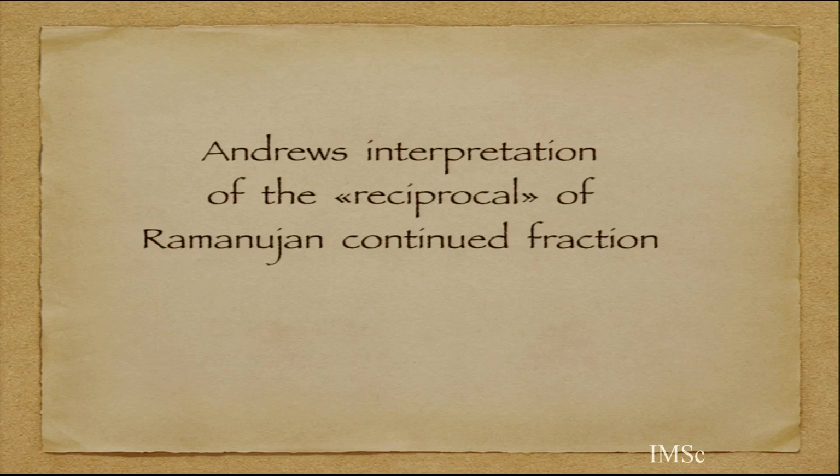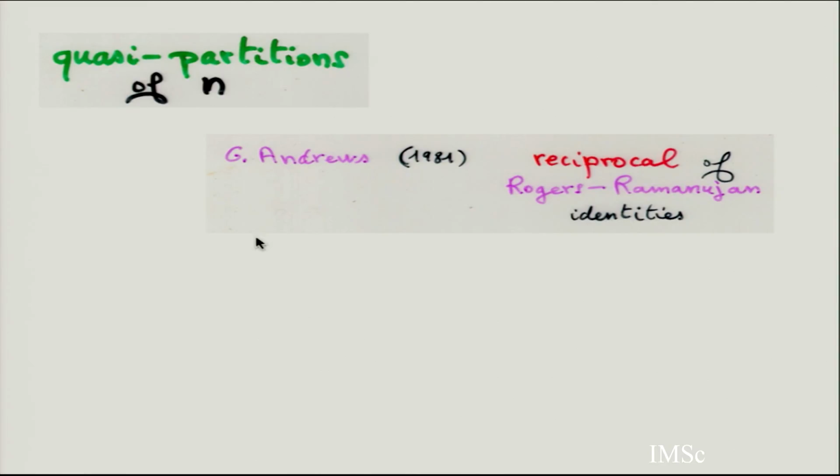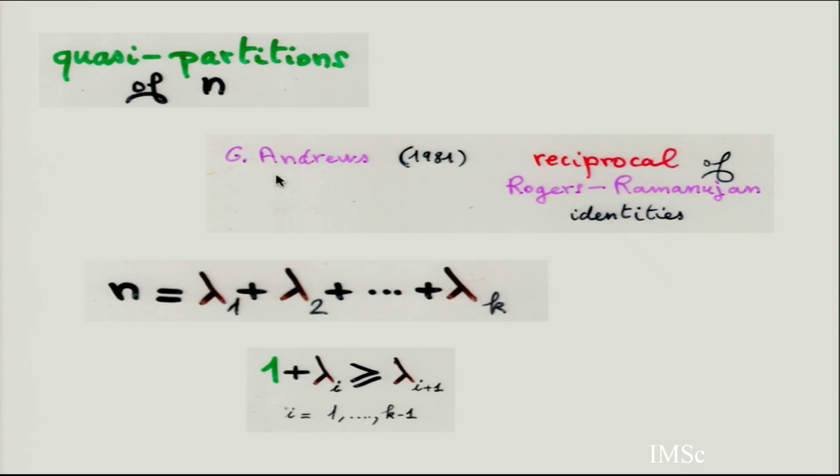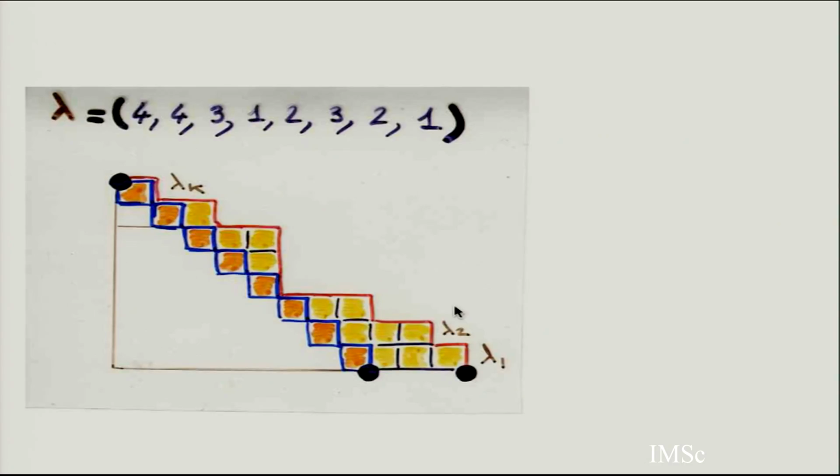But by the way, we also get a proof of some Andrews theorem. Andrews, remember in the class, we introduced quasi-partitions of n. You remember quasi-partitions? It was the extension of partitions, where instead of decreasing weakly, you can increase by 1. Like this. So this is a quasi-partition. So 4, 3, 1, you are decreasing, and then you increase, but just at most 1.